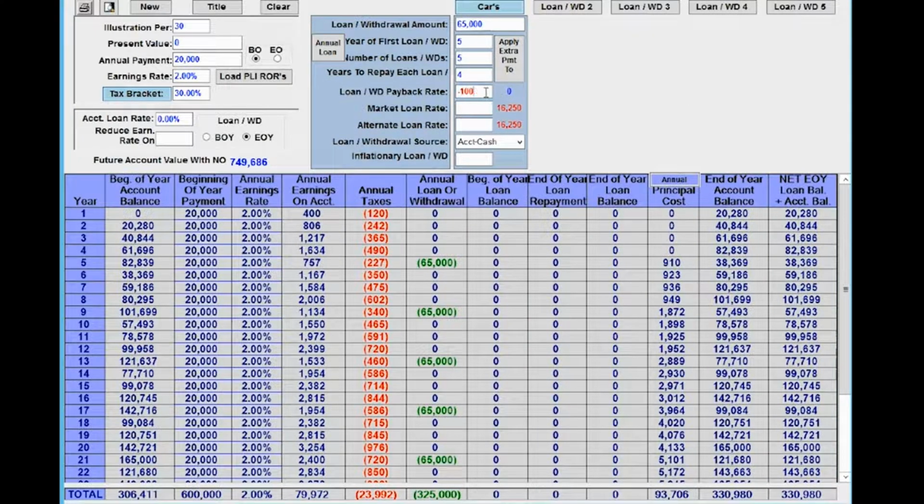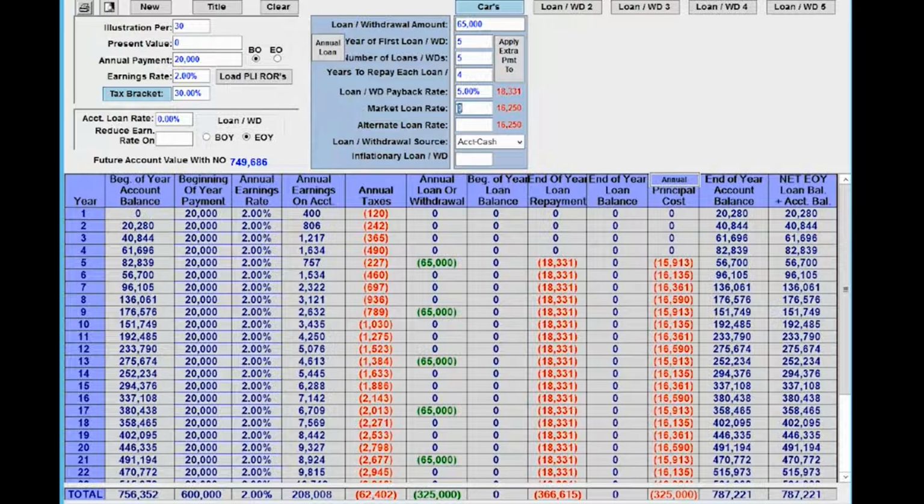So what we're going to do now is pay ourselves back at 5%. What you're going to realize is this is going to be dramatic. We're actually going to have more money than $479. You're paying yourself back at 5%. So you take a loan, you take that money out, and now you're paying yourself back. And because you're paying yourself back at a rate at which you're earning more, at the end of the day, you have